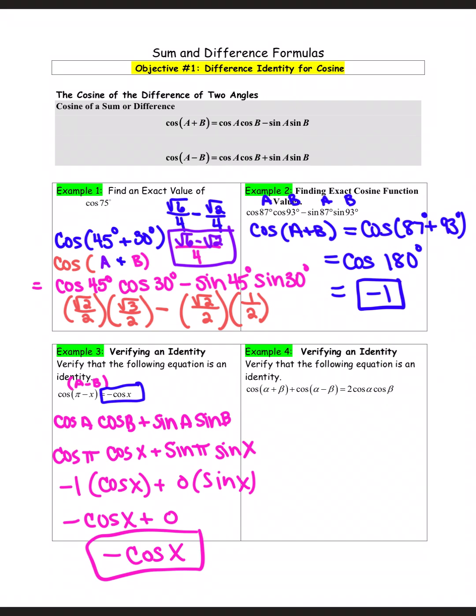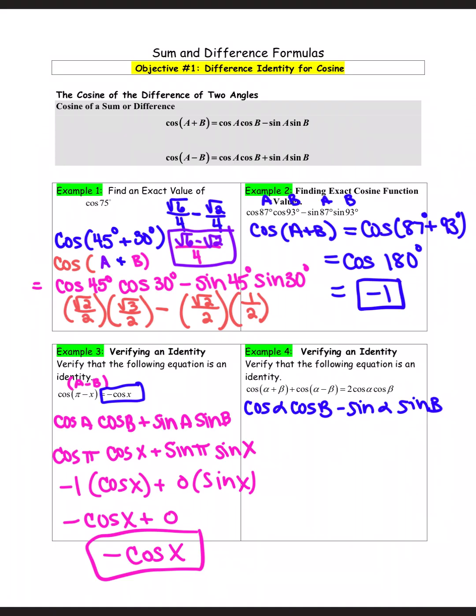Example 4, we're going to verify cosine of alpha plus beta plus cosine of alpha minus beta is equal to 2 cosine of alpha cosine of beta. So I'm going to apply that my A is alpha and my B is beta. So we have cosine of A plus B. So we have cosine of alpha cosine of beta minus sine of alpha sine of beta. Then we have plus